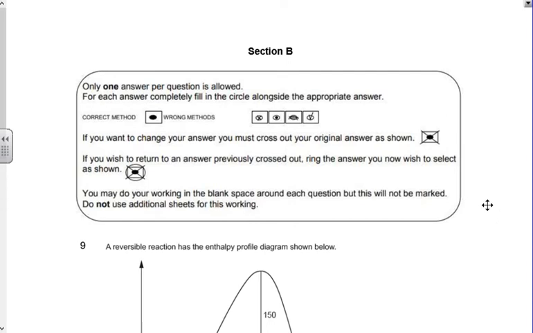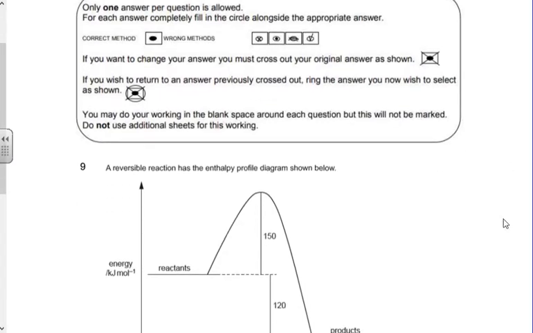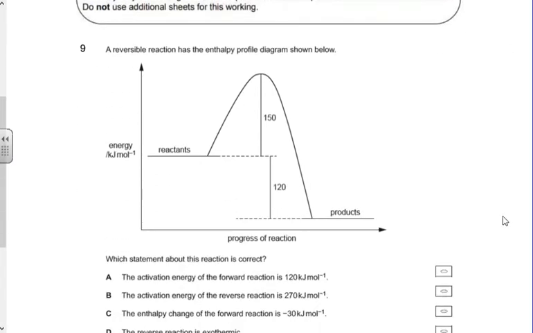Welcome everyone. Today we're going to be looking at section B of Progress Test C. I'm going to be working through the multiple choice questions with you, and hopefully this will help you to support your revision. Let's have a look at question 9, which is an enthalpy profile diagram question for a